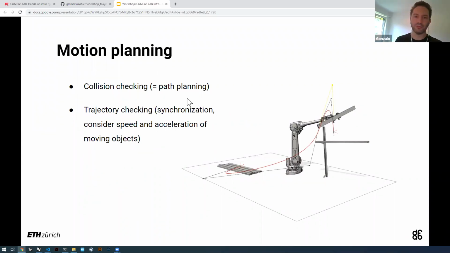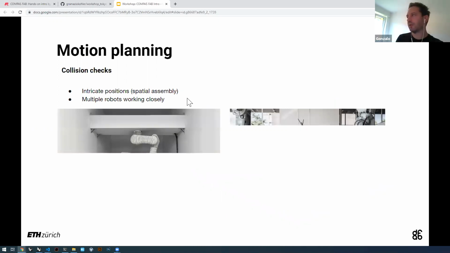Why do we need motion planning? Well, for two things. One is collisions. We don't want to collide with the world, of course. The other one is trajectory checking. So maybe you want to synchronize how two robots move so that they can move together, or consider the moving objects in the scene,